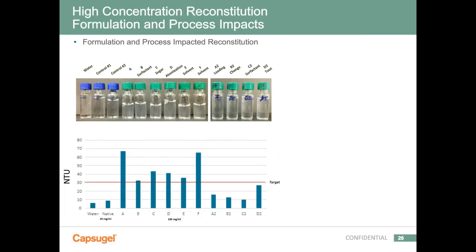So in this slide here, we have the reconstitution profiles. We did see impacts from the formulation and process itself on reconstitution. On the graph in the bottom here, the native solution itself, so non-spray dried, 20 mg per mL, had a relatively low turbidity count. We tried to push the concentration 5x, and had a target profile of 30 NTUs. A couple of these formulations certainly did fail that specification as a function of a couple of different included components